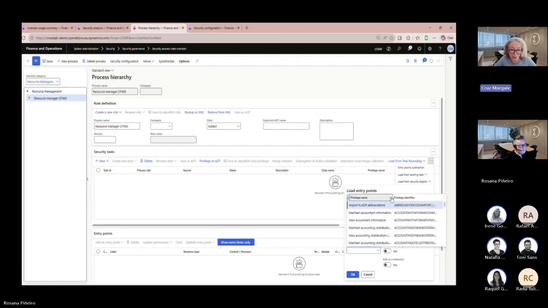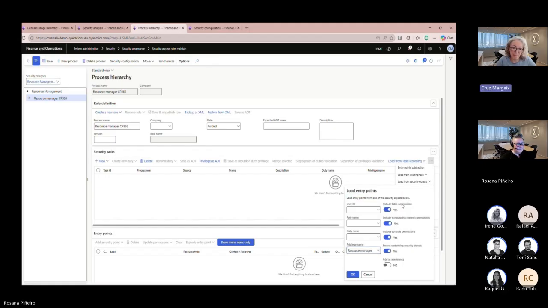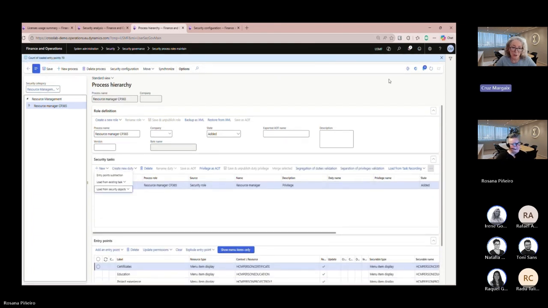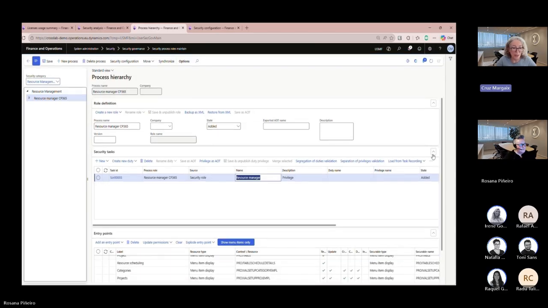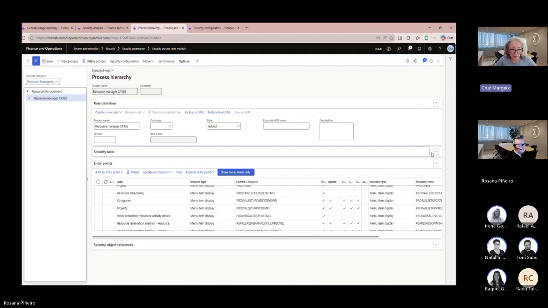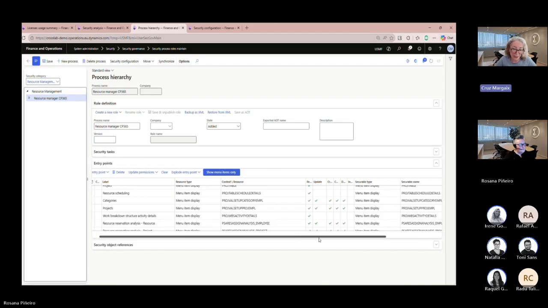I can filter here the resource manager privilege. And I'm going to import a new task, create a new task based on this privilege. And then this is going to bring, again, all the entry points.